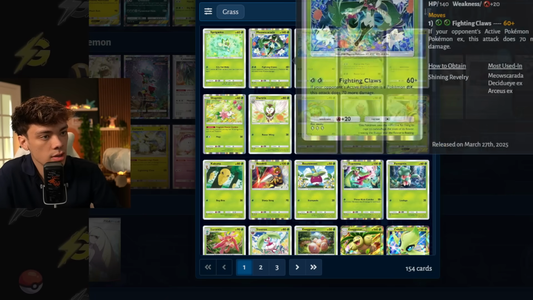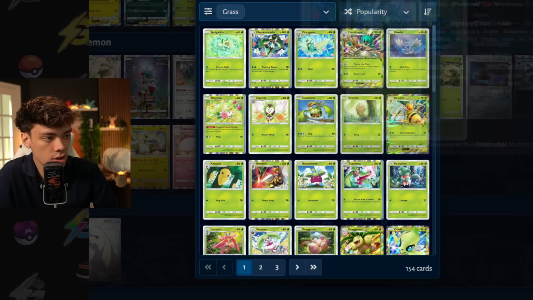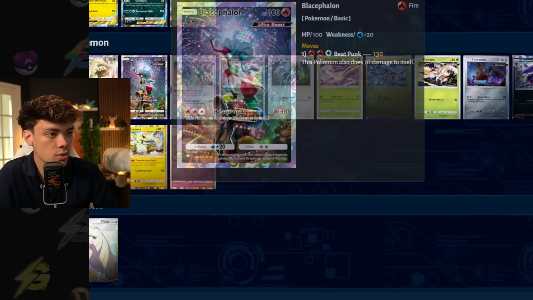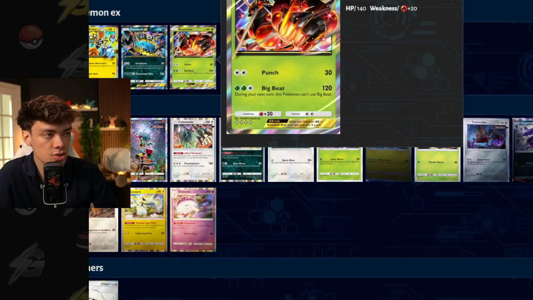I guess you could run it alongside Meowscarada, because Meowscarada costs 2 to attack, and it's a really good card in general. So that costs 2 to attack. So I think you would run it alongside Meowscarada. You can also cry for help and search for things. So when Meowscarada gets destroyed, you just use your supporter, bring out Buzzwole, and then it can attack